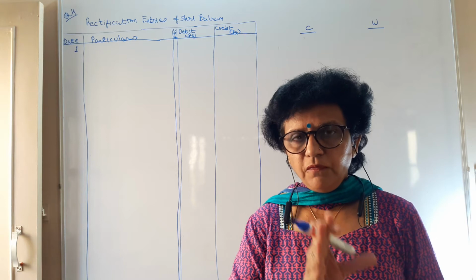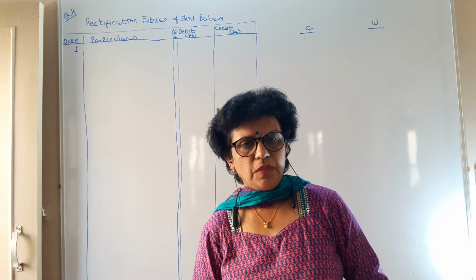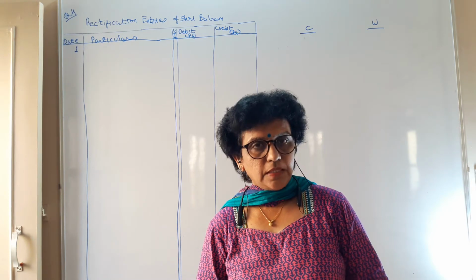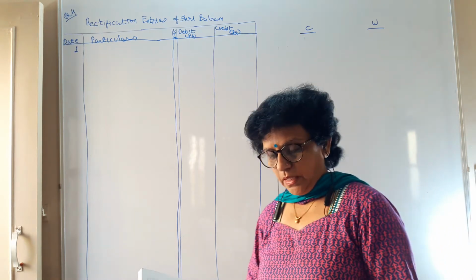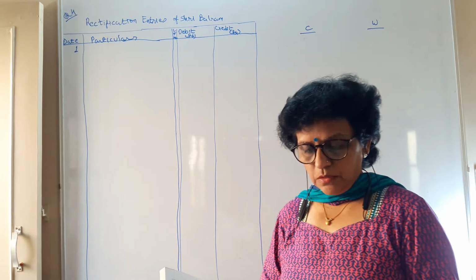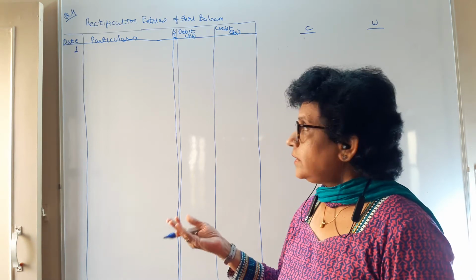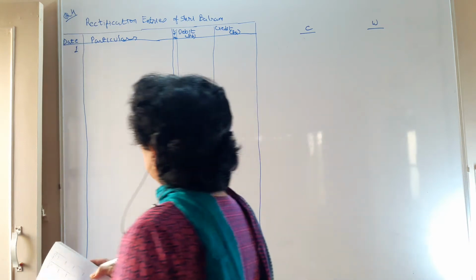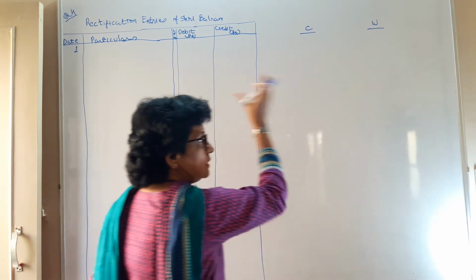So based on the first concept, errors not affecting the trial balance, today we are doing question number 4 of your textbook. Look at page number 22, question 4. Prepare the rectification entry to rectify the following errors. The first is purchase of goods of rupees 5000 is left to be recorded. So you have not recorded it, so you need to record the transaction. Here the transaction is not recorded, so there is no need of this procedure; it is not done, so do it.